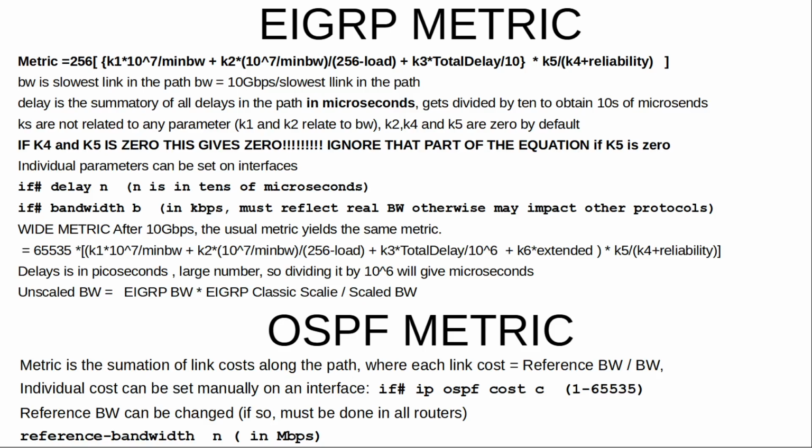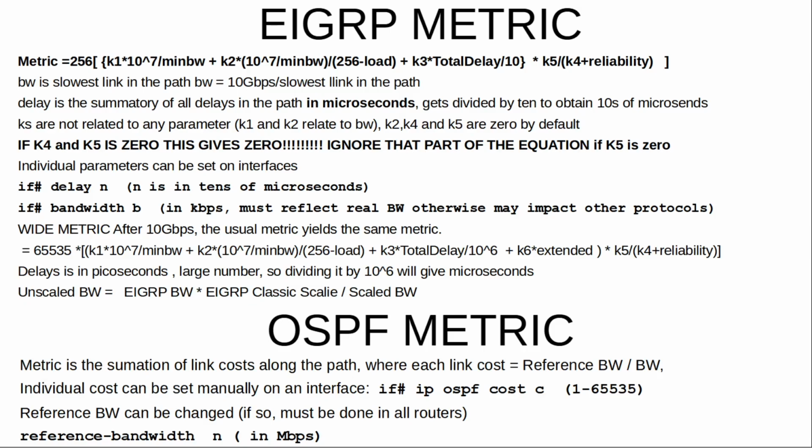So if you enter delay 9, you will be actually telling the router that this interface has a delay of 90 microseconds. You may also change the bandwidth, but you should not, because the bandwidth must reflect the real bandwidth. Otherwise, you might impact other protocols. If you have interfaces that go beyond the 10 gigabit per second rate, you should use the wide metric that uses that formula. In this case, the delay is in picoseconds, and whereas in OSPF,